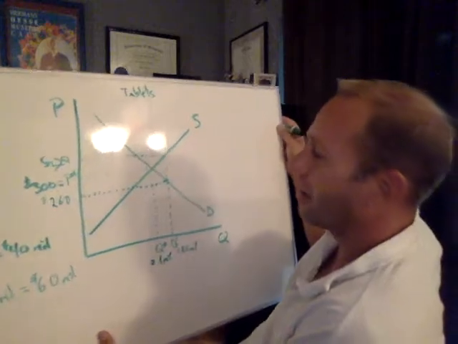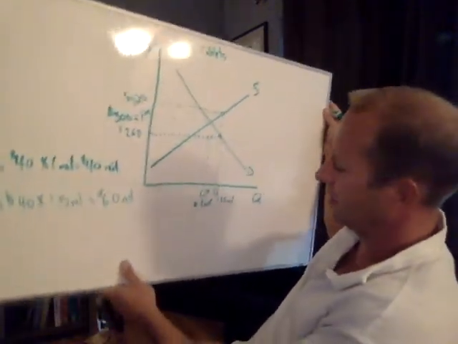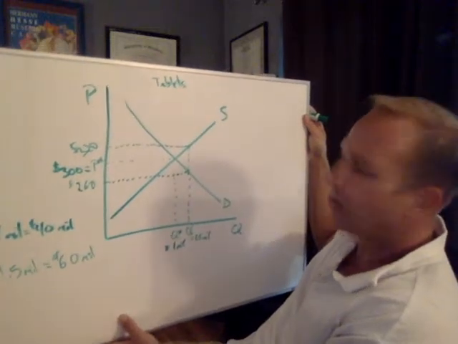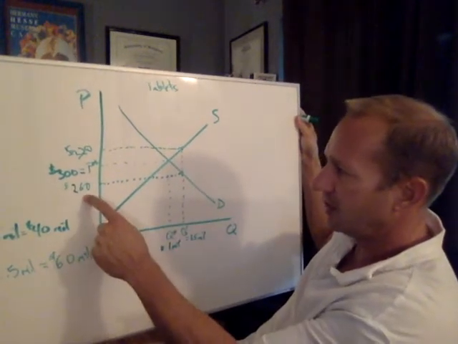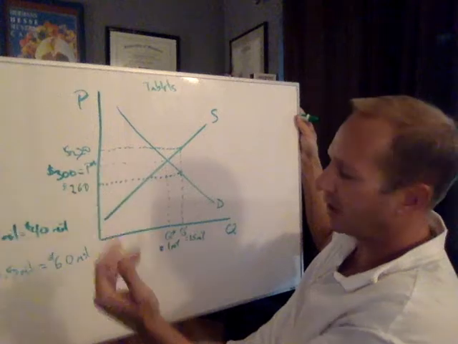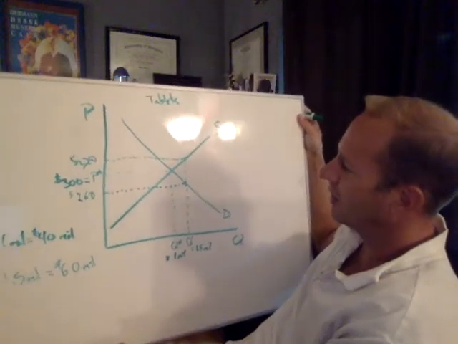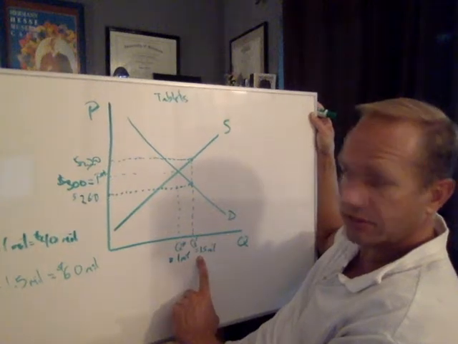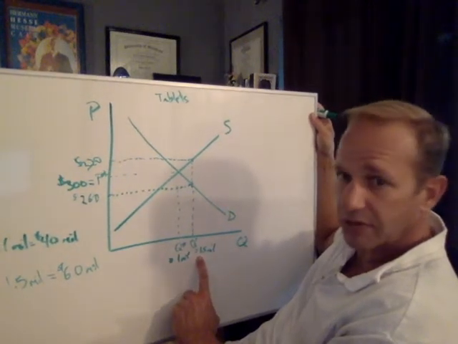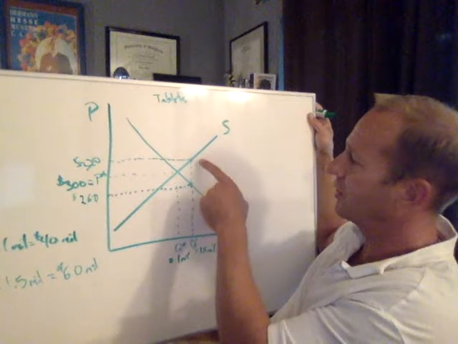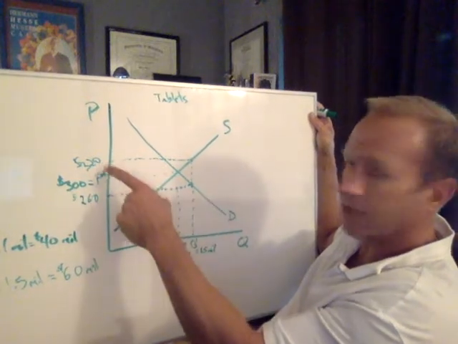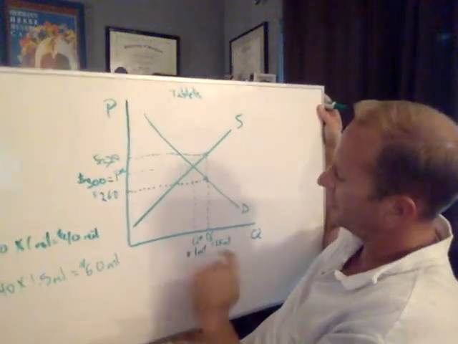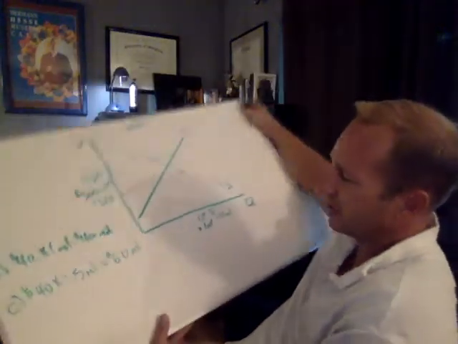So now, to go back to the original phrasing of this question, the government believed laptops, or tablets rather, ought to be 260. So that's how this whole thing got going. But in order for the amount of laptops that would be purchased at 260, which is 1.5 million, to be manufactured, the sellers would need to receive $320 per unit. So now, in order to get the 1.5 million to happen, for letter D,